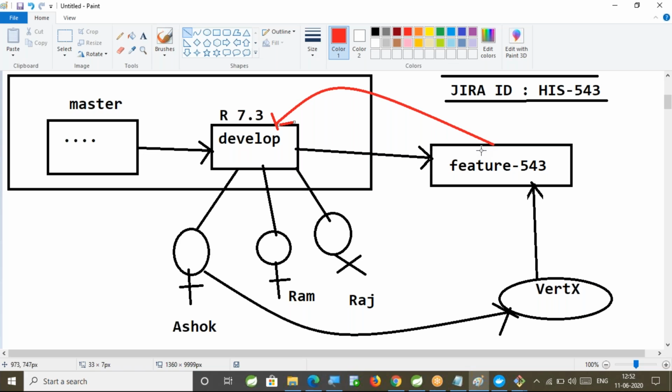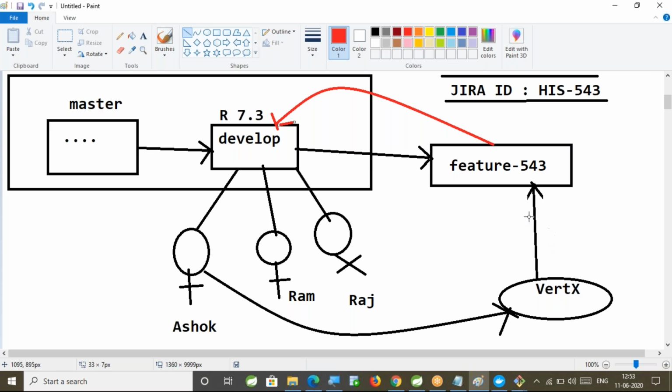After 10 days, by hook or crook, my implementation is successful. Whatever code I have done for the vertex is perfect. Now I can integrate the vertex code into the existing code base because it is tested. Everything is working as expected, and I am sure it is not going to disturb the existing functionality.